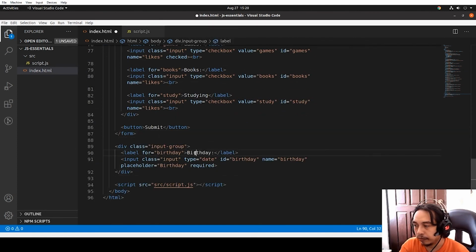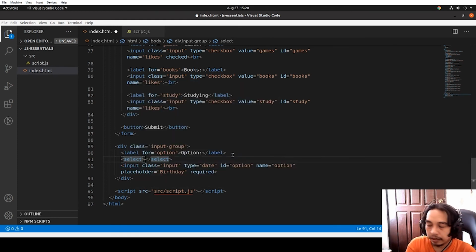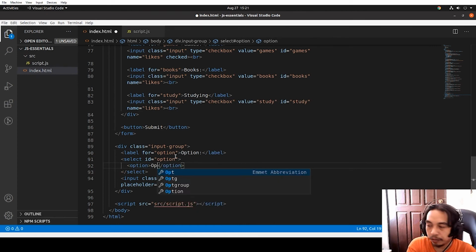And let's put, let's say, what can we do here? Option. So let's have it as option. And instead of input, we use a different one. Select ID option. And much like the one in the data list, we can have option 1,